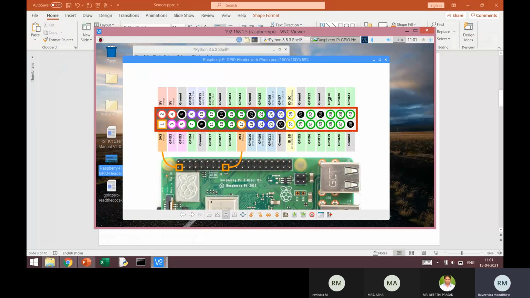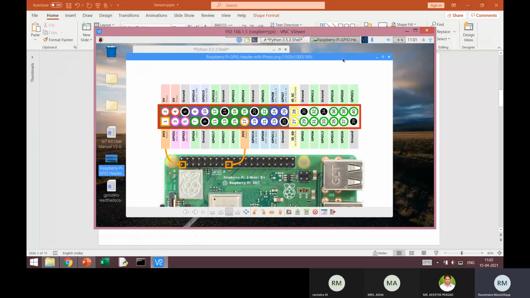Okay, so this is something which we need to be very careful about when we do the coding. But remember, in a given experiment or in a given project, I'll be using only one mode. Of course, I cannot use mixed mode. Okay, because I have to tell it in the beginning which mode of numbering is used, BCM mode or board mode.